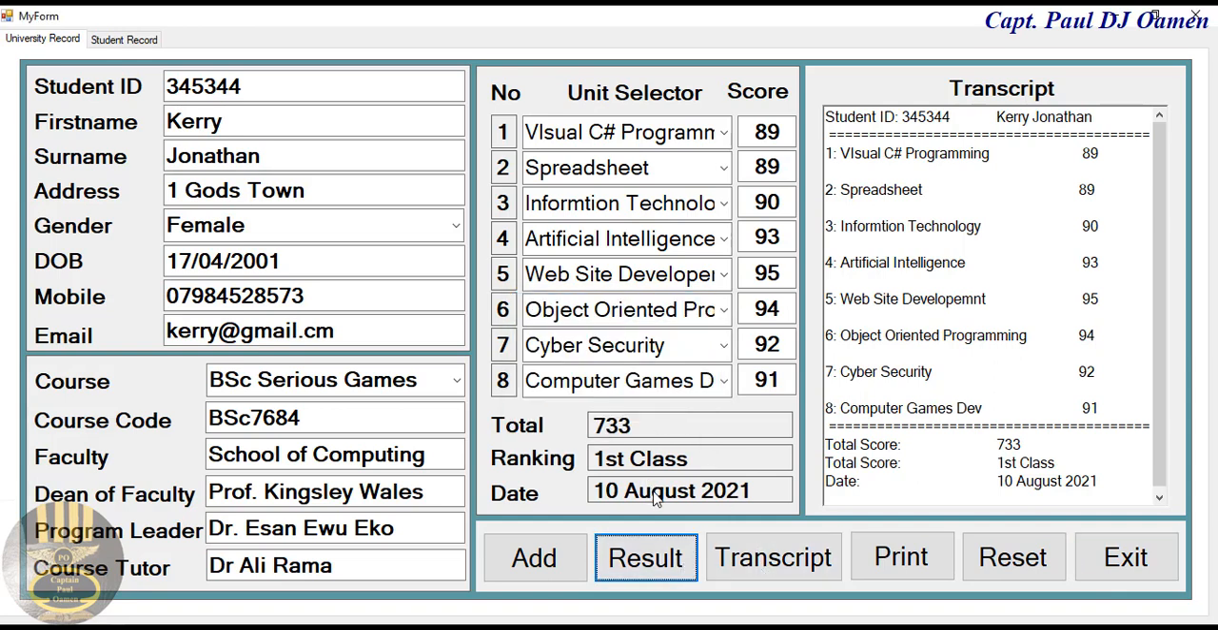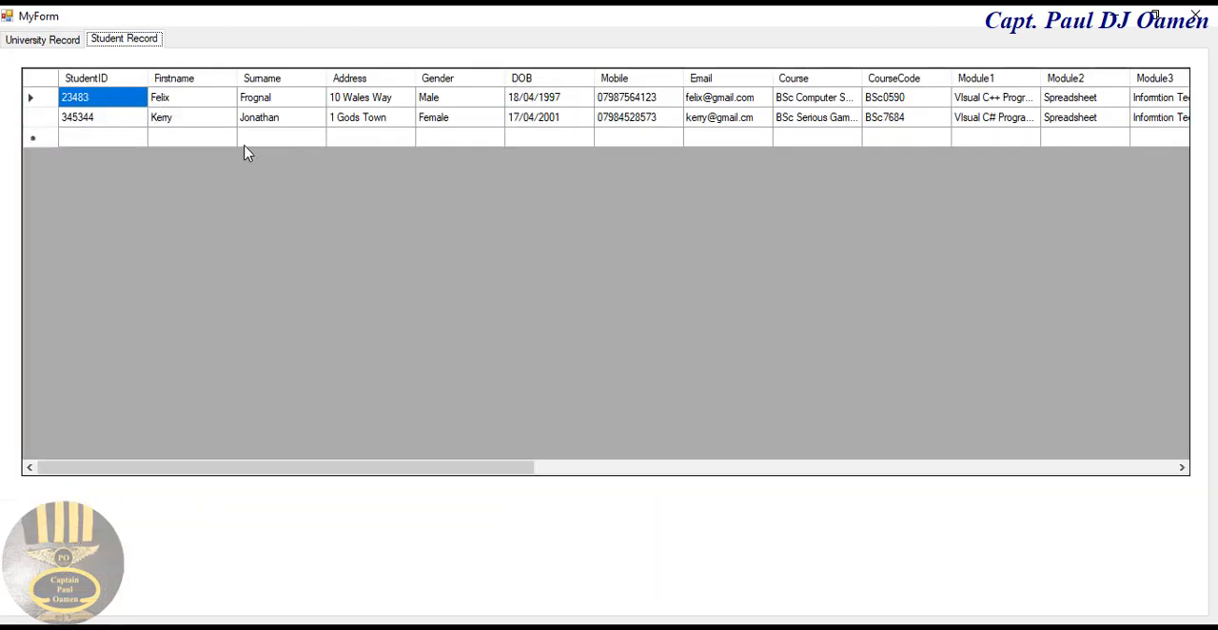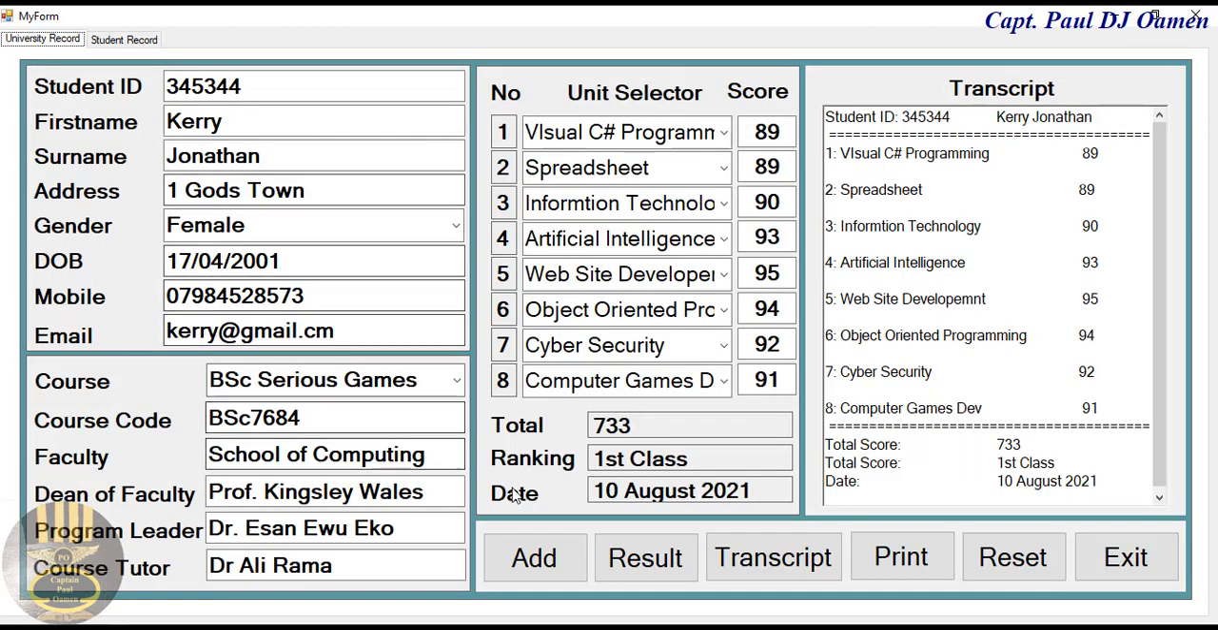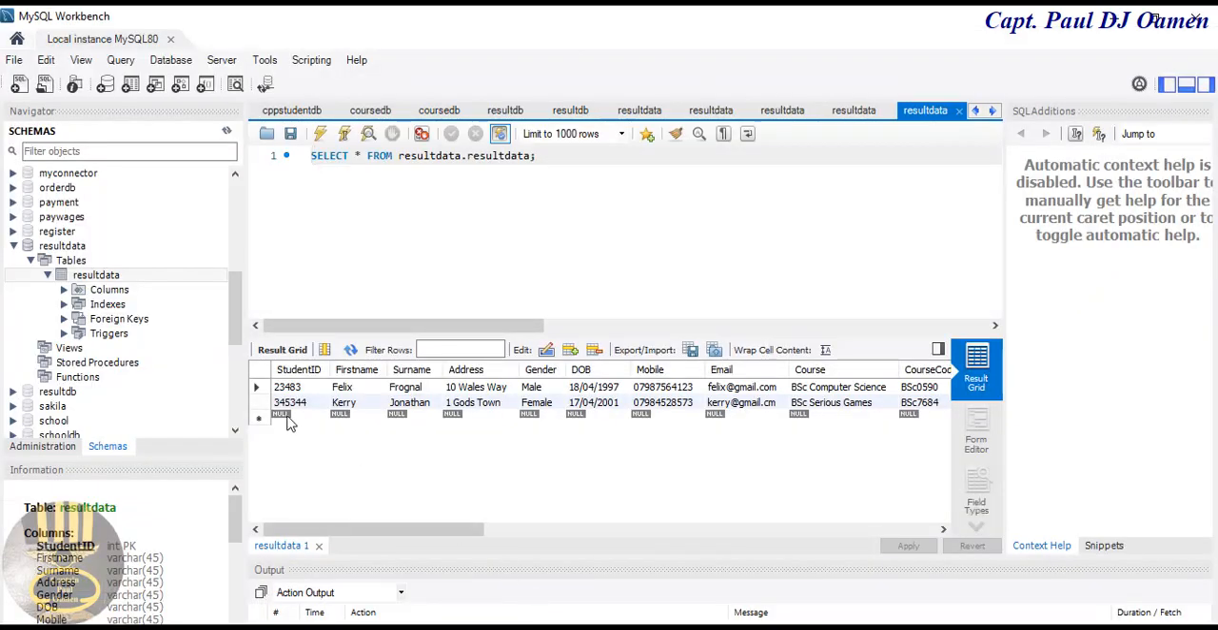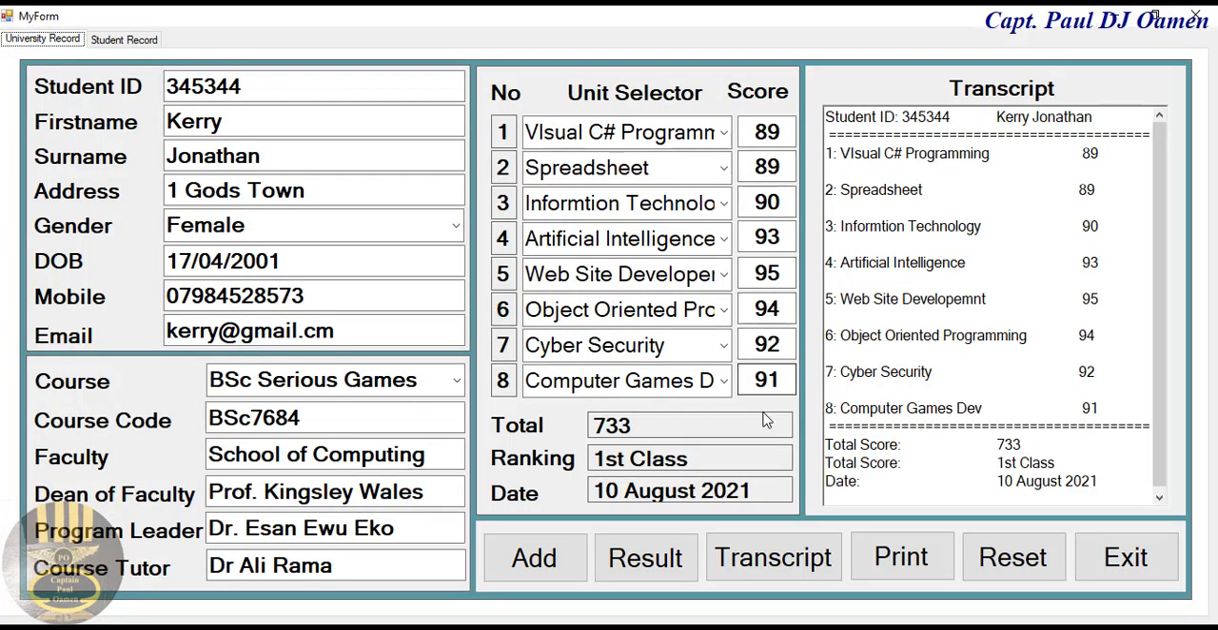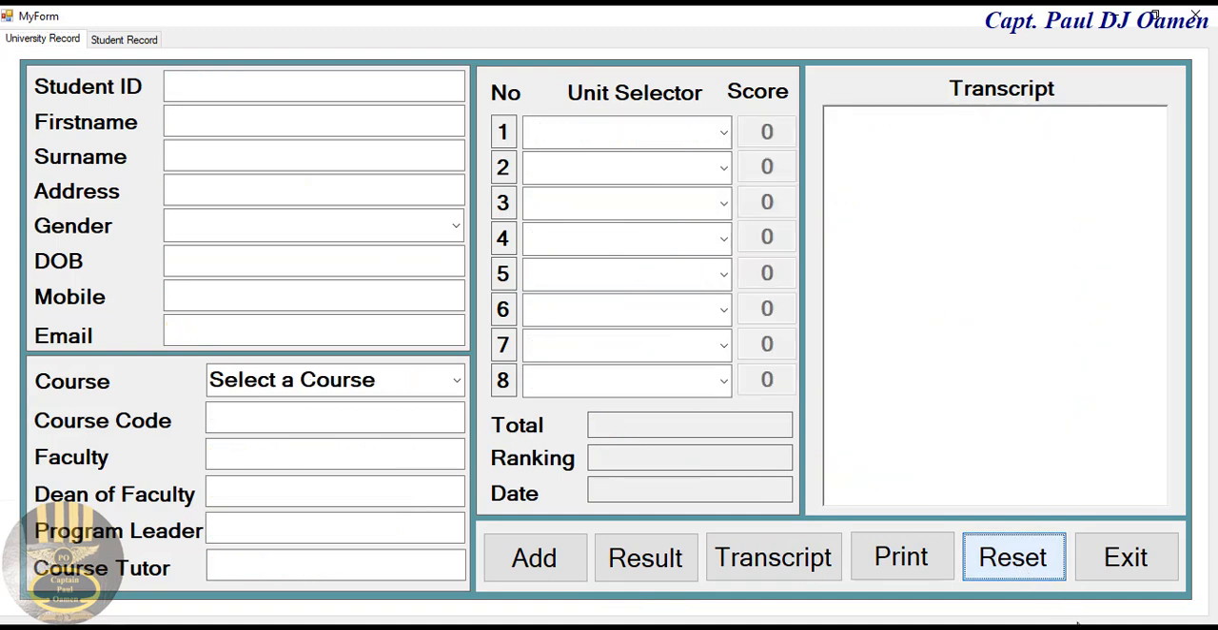If we click on this, we should get the result, and if we click on add, we should be able to see the details here and straight into the database right here. So I'm going to minimize that, and I'm going to reset, and we add new data. So let's add new student